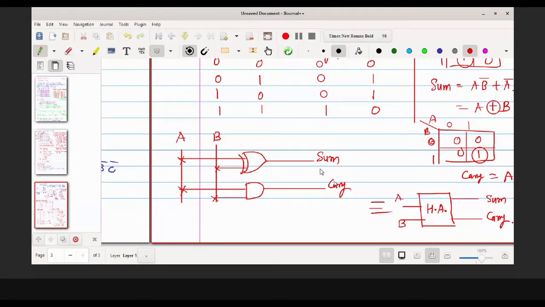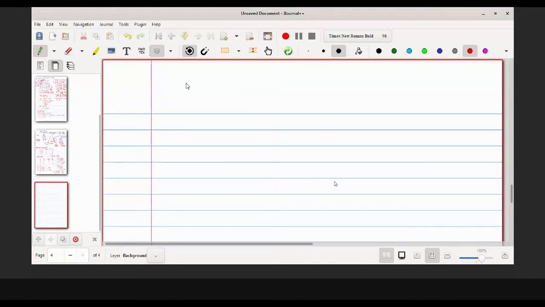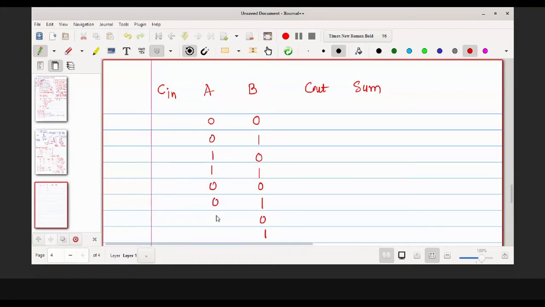So now we will do the full addition process. It is also simple. In the full addition, we have to consider the carry generated from the previous stage. So C in, A, B, they are my inputs. And again, I am going to get the output as C out, carry out, and my sum. Okay. So now there are 3 variables, right? So we have to go for 8 combinations, 3 variable case, K map. So 1, 2, 3, 4, 5, 6, 7, 8. Okay. So it is 0, 0, 1, 1, 0, 0, 1, 1. And all these are 0, 0, 0, 0, 1, 1, 1, 1.